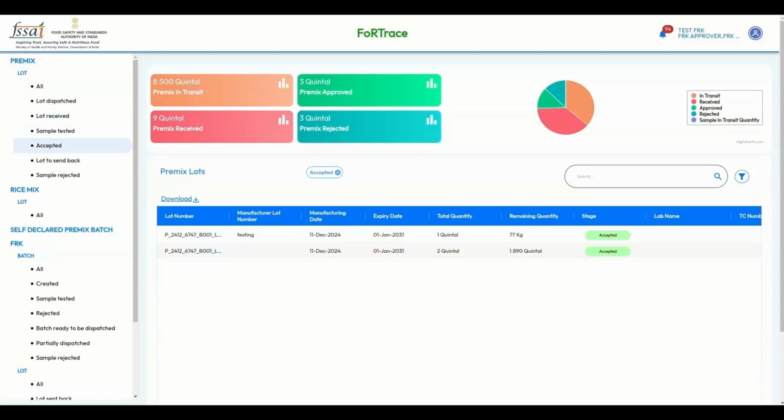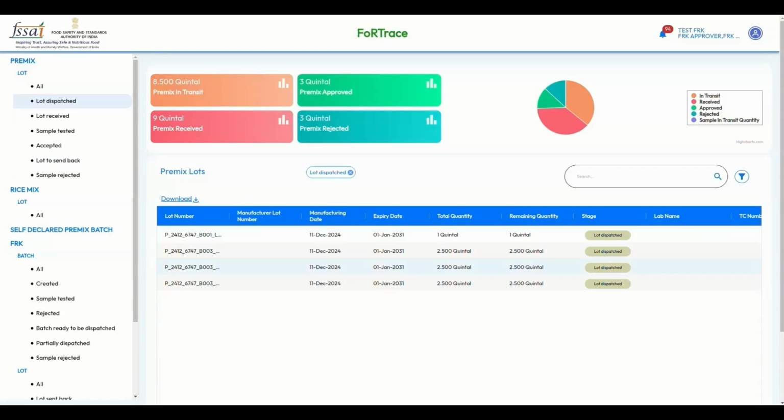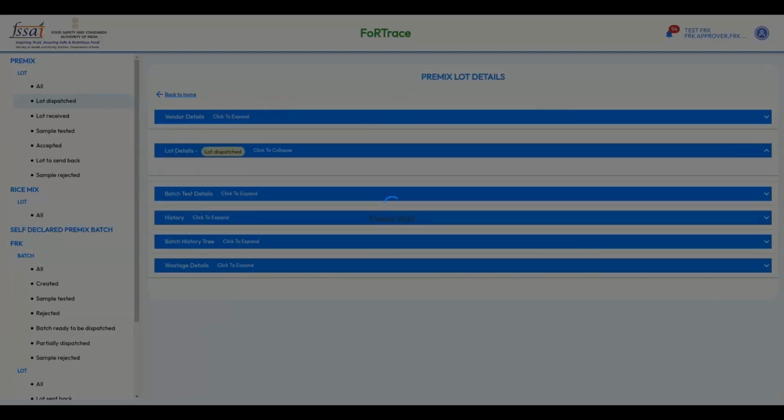In the all filter you will be viewing all the lot records received from PMX manufacturers to your FRK manufacturer. Now here you can see sample rejected lot. Now we'll be receiving a premix lot by clicking on lot dispatched, and we'll be clicking on the lot dispatch